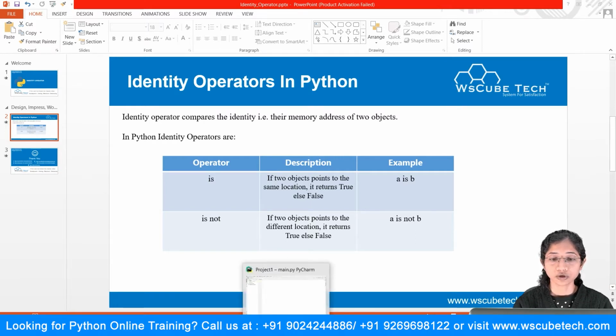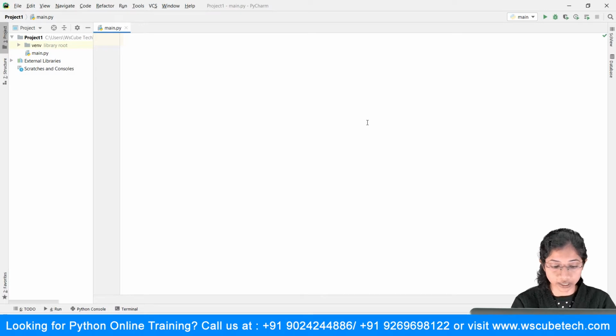Now, we'll quickly see this with the help of an example. I'm declaring a variable, say a is equal to 20, and another variable, b is equal to 20. In this case, I'm making use of the "is" operator, because I want to know whether both are pointing to the same memory address or not.